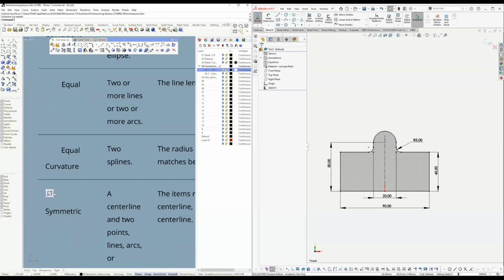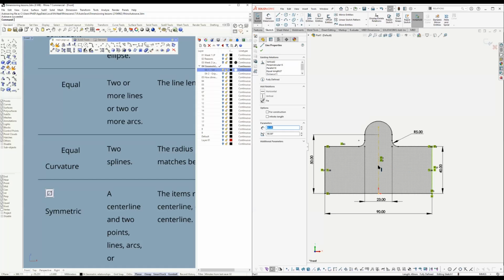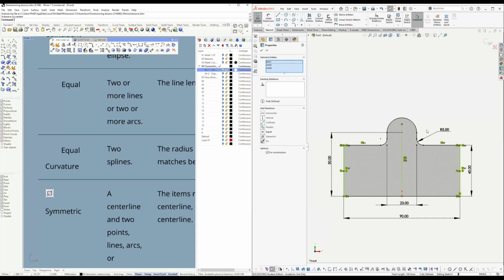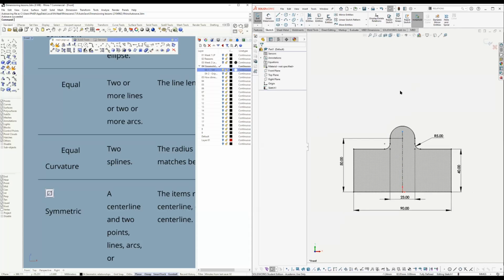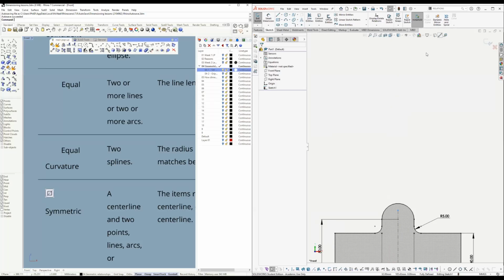Yeah. And then symmetric. I think you understand symmetric. Should I go through it? So these two lines and that center line are symmetric by implication, because I mirrored that half of the sketch across that line, but I can go and define it. So I can put that in and there it introduces it. So that actually works